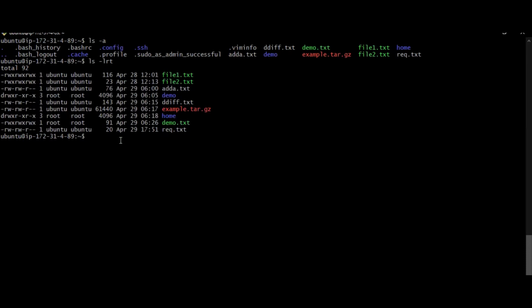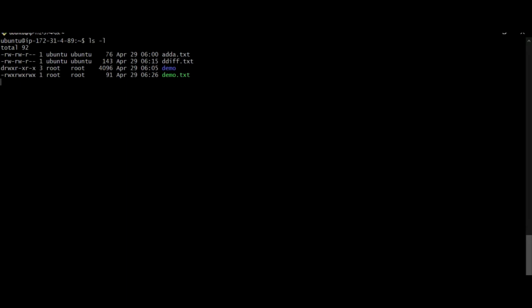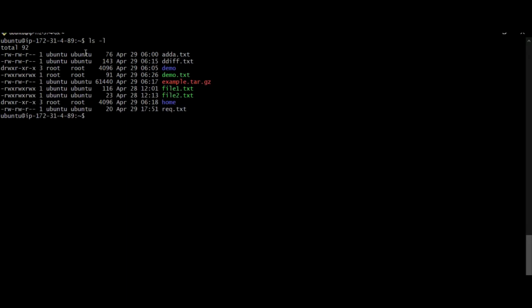And the next option is ls -l. This ls -l is used to display the entire information of your files, like which user created it, what is the size of that file, and which date and month it was created, and at which time it was created.